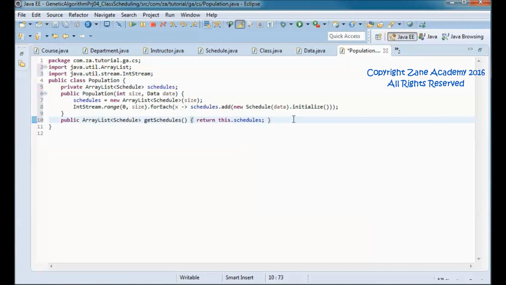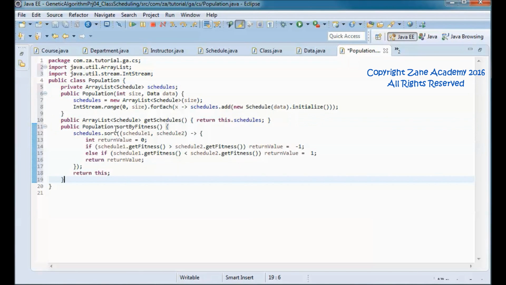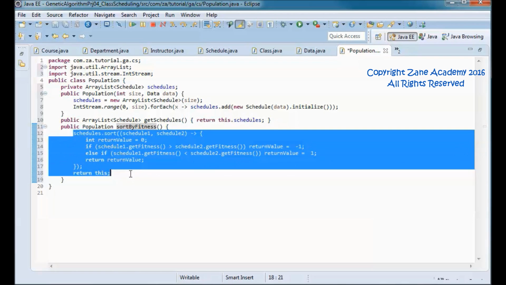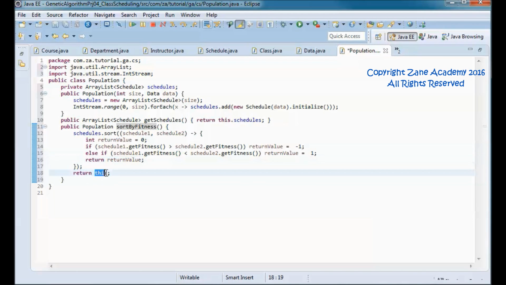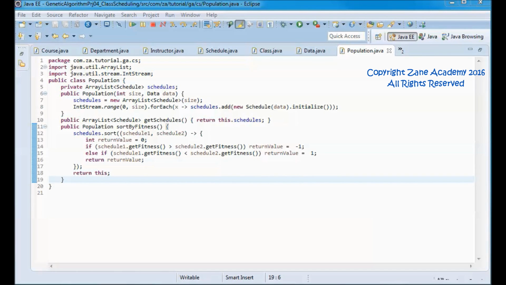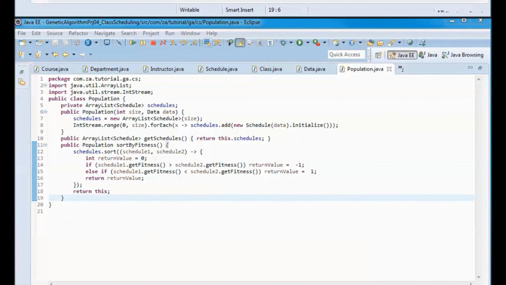And we will have this method sortByFitness that sorts the schedules by fitness using Java 8 and returns this population of schedules. And this should do it for population.